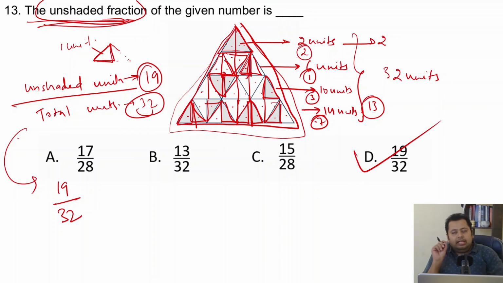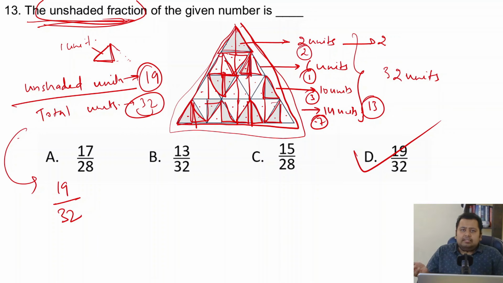Just to give you a recap of what we did. Whenever you saw the bigger triangle, within the bigger triangle there are smaller triangles. And within that smaller triangle also, because it's asking about shaded and unshaded, the triangle is divided into two parts, right? Half. So we took half of that triangle as one unit, and by doing that, we found out how many such units, total units, are there, right?